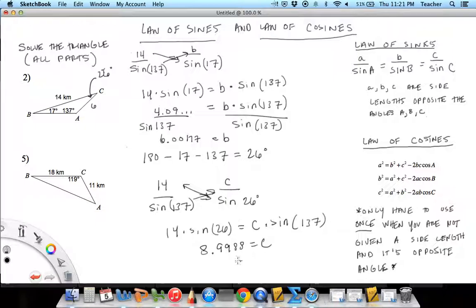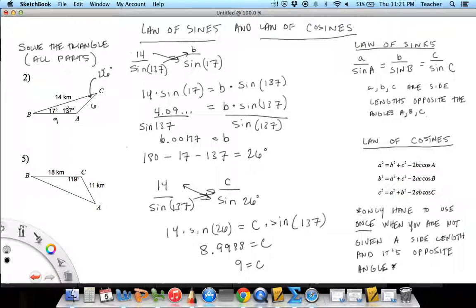Now if I round that up, I get 9 equals C. Okay, so this side is 9. So essentially what I did is I just used the law of sines the whole time, because I was originally given a side length and its opposite angle. Now also notice, to make sure you're doing this right,